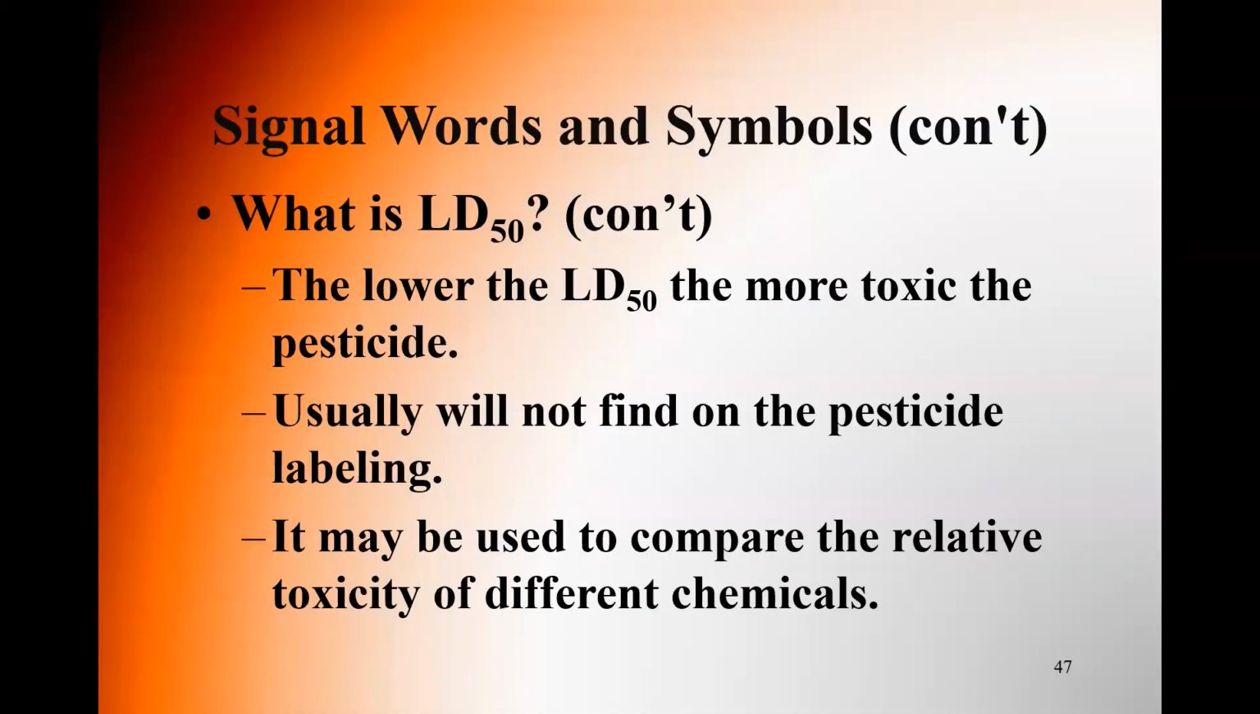What's an LD50? The lower the LD50, the more toxic the pesticide. Usually you're not going to see the LD50 on the pesticide labeling. It may be used to compare the relative toxicity of different chemicals. So we're not going to see this LD50 on the label, but based on it,